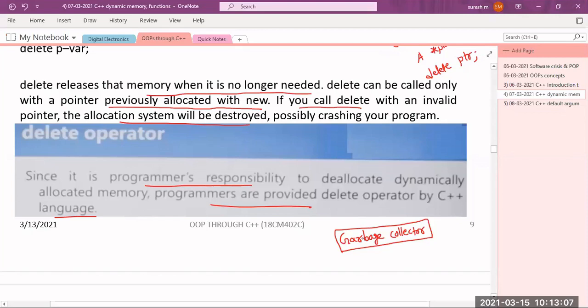There is a special mechanism in the IDE itself, or integrated development environment, or within the compiler itself, that will take care of it. The main function of this garbage collector is to free the unused memory, like unused variables, unused array variables, unused string variables, anything related to memory, which will be deallocated by using this garbage collector.